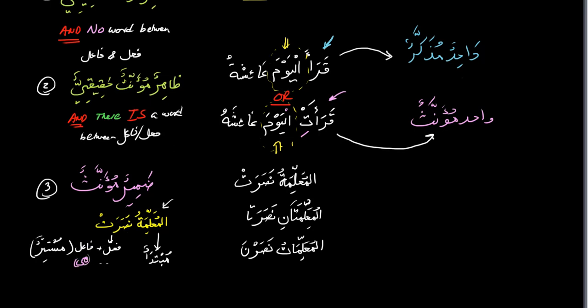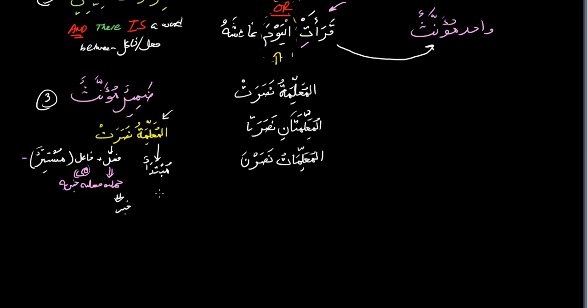She helped, because this means she helped, right? So nasarat is actually jumla fi'liya khabariya, and jumla fi'liya khabariya is the khabar. And mubtada and khabar together, this will give you